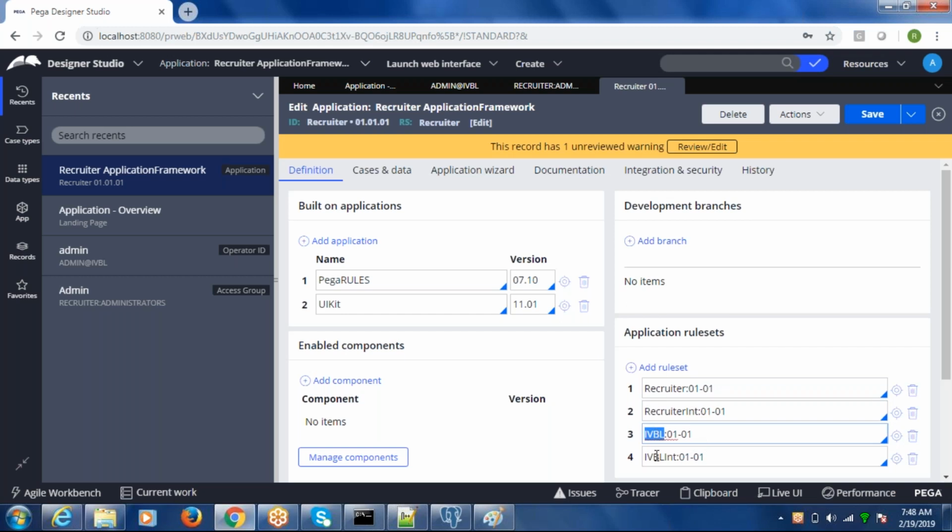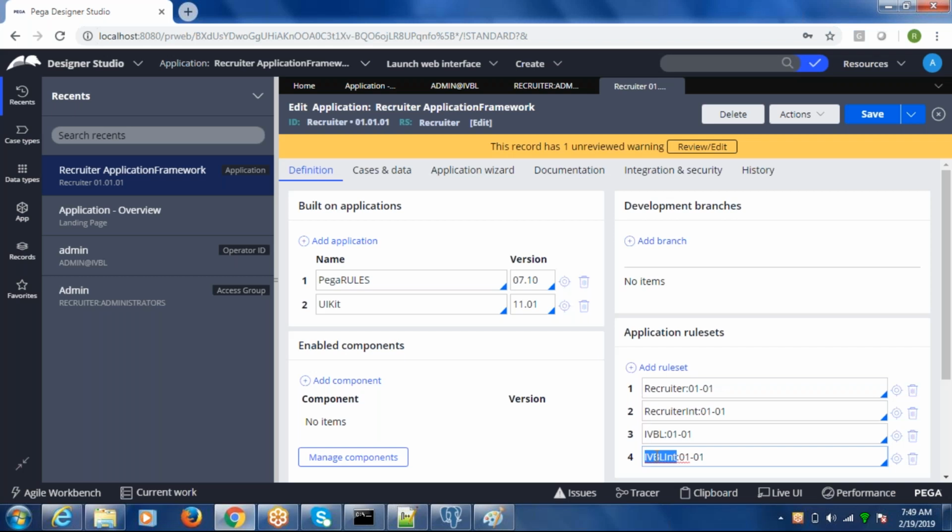All right. And for the organization-wide integrations, if there are some set of integrations which are used by an organization, for that organization-specific integration we are going to use this rule set. Okay. And if you observe, there is something called built on applications here.